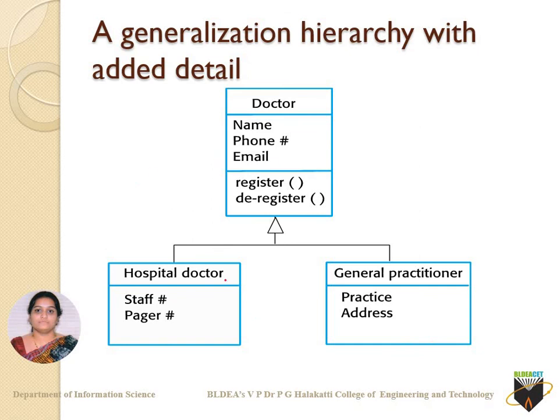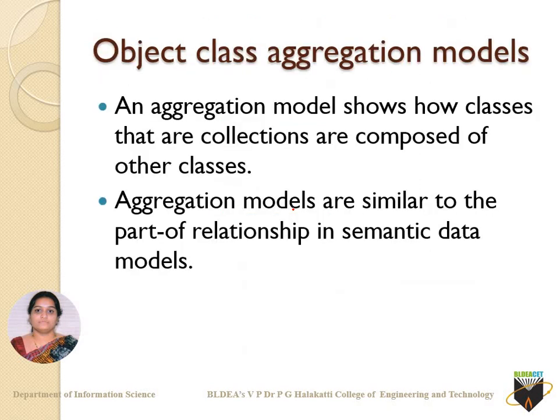Okay, so individually, if I'm saying hospital doctor, so that person will be having a staff number, a pager number, and other things there. If that person is a general practitioner, okay, so where he is practicing, what's the address, where he'll be doing that. Okay, so let it be a hospital doctor or general practitioner, that person has to make use of these user-defined functions called out as register and deregister. Registration is for registering as a hospital doctor or as a general practitioner. Deregister is when you have left that particular work. Okay, so at that time deregister comes into focus.